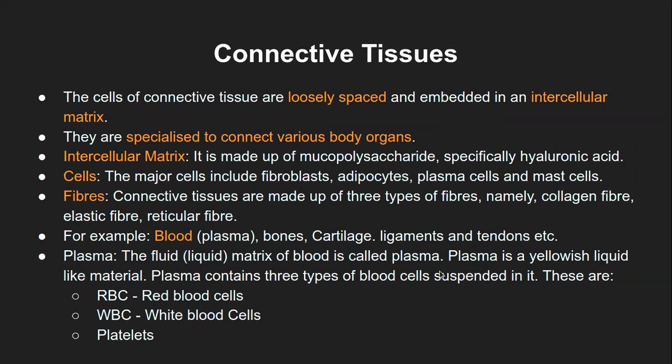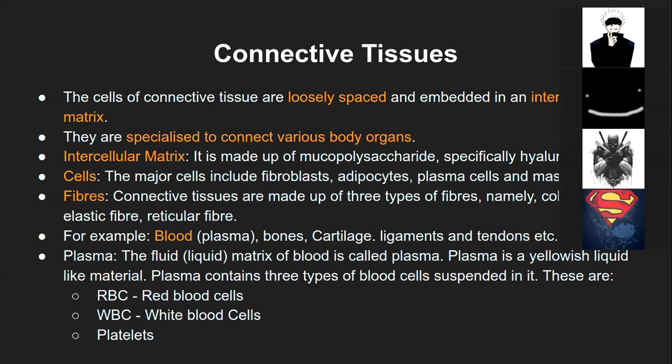And the most important one is the hyaluronic acid. Now this is the cementing material between the cells. So let's say you have a cluster of cells, and when they are attached to each other, usually this is the one which is holding those cells together in a tissue network. Like how you have bricks and you add cement in between the bricks in a wall. So that is something similar hyaluronic acid does.